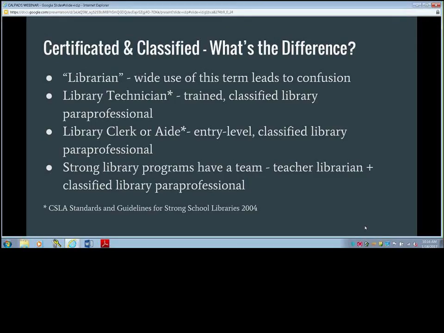And the overuse or random use of the term librarian leads to confusion because it implies a level of knowledge and training that staff may or may not possess. And when I'm working with the field on the annual school library survey, this is one of the main sources of confusion and misunderstanding, especially when it's coupled with the variety of titles districts assign to library staff.